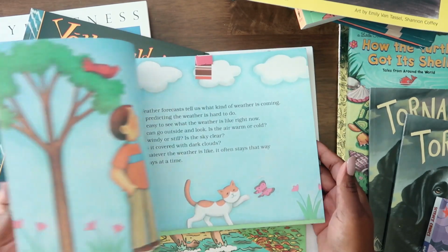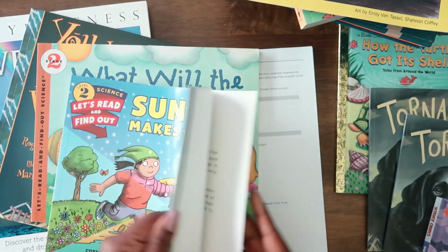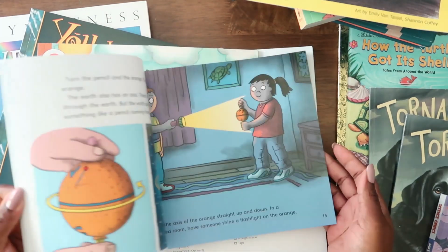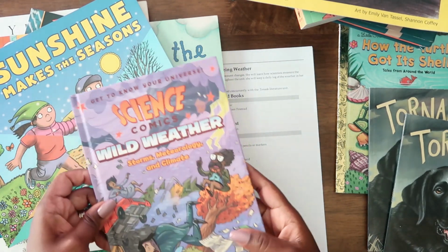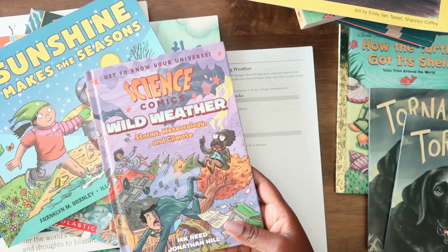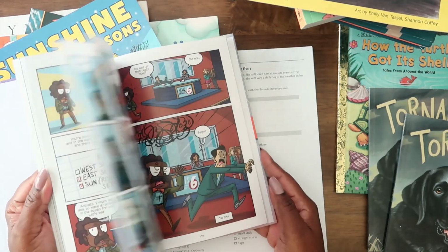And these are just really informative, I think. And then we've got Sunshine Makes the Seasons. This is what that one looks like inside. And then the last one, well, for now, there might be more added, but Science Comics, Wild Weather, Storms, Meteorology, and Climate. My boys love graphic novels, so I thought this would be a really fun one to pull in,